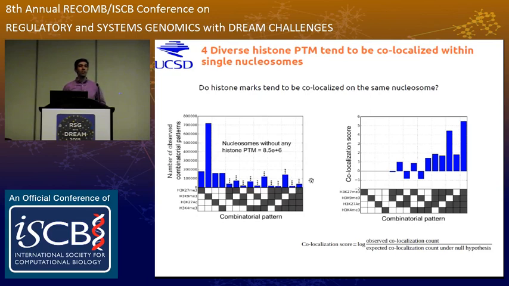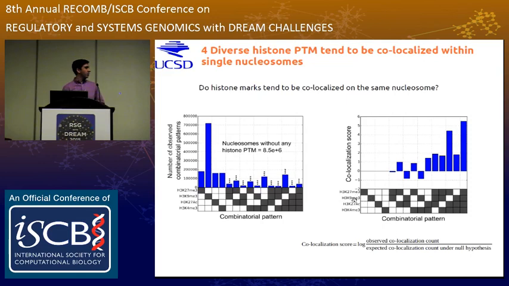To pinpoint the co-localizations more important among these data, we define a co-localization score, which is only the observed co-localization count, these bars, divided by the expected co-localization count under the null hypothesis. And then we just log transform this data. And we found that the most enriched co-localization marks are the ones that contain at least H3K27 methylation, along with